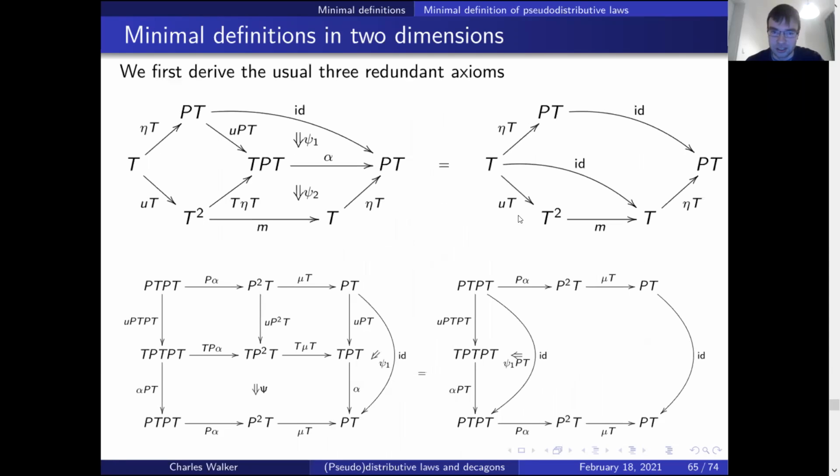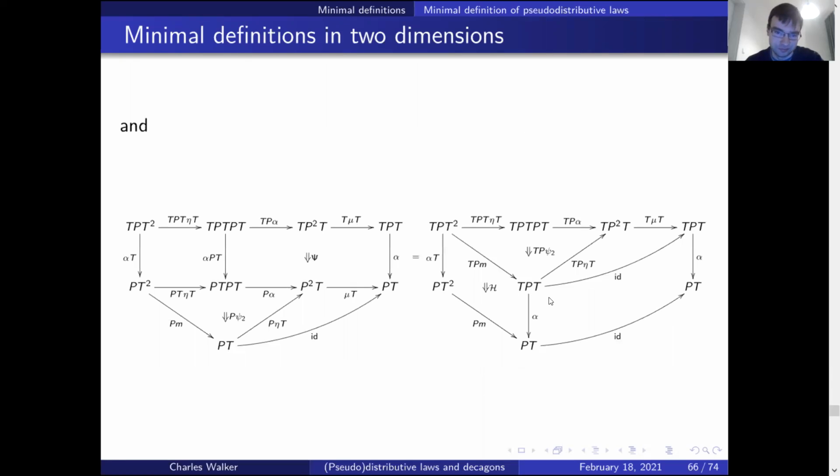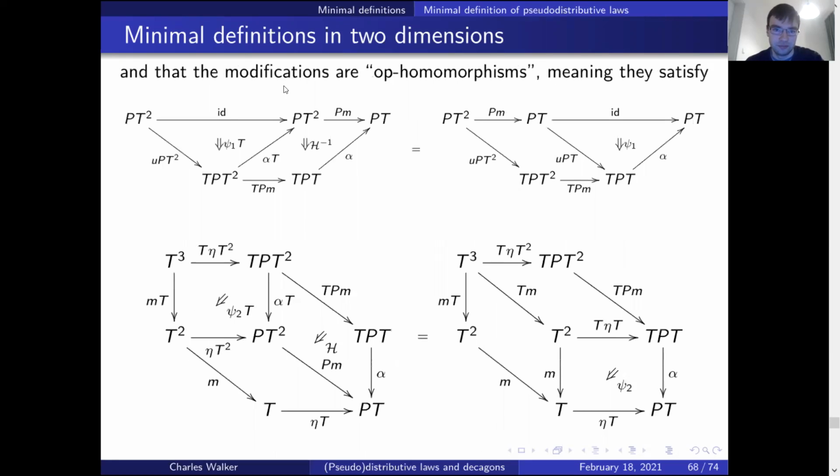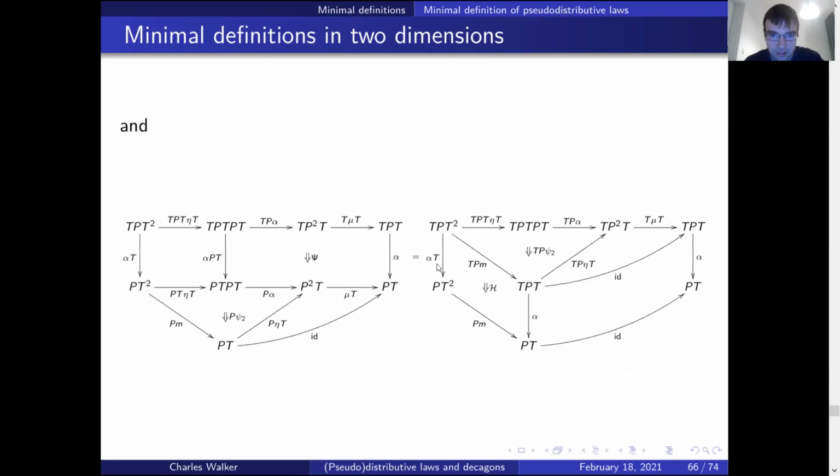Right, so you'd first derive the usual 3 redundant coherence axioms that follow from the triangle equation with McLane's pentagon. So you get these 2 and this one. Then you can show that this alpha H is a homomorphism, which means it satisfies these axioms. And this will give you essential surjectivity. And then you need to check that the modifications are also homomorphisms in some sense. And by that I mean,